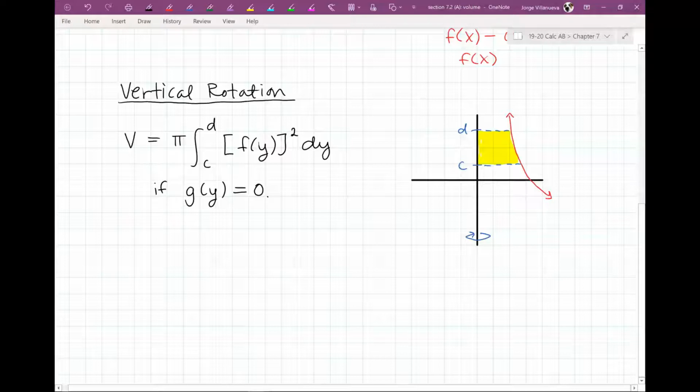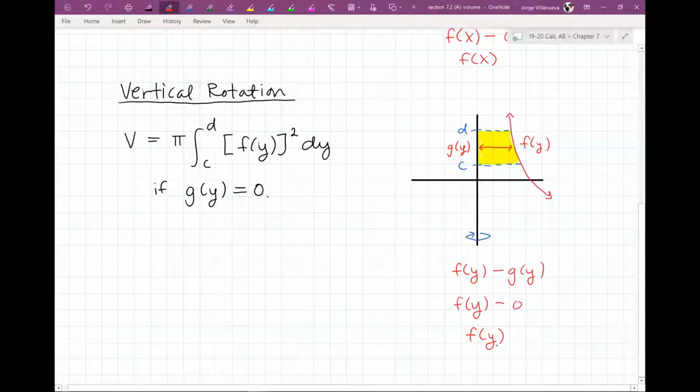So that's if g of y equals 0, then when you rotate it, the area is supposed to be, according to definition, we'll call this f of y and g of y. I'm just using these arrows to point out the two functions. So you're supposed to do right minus left, right? F of y minus g of y. But if g of y is 0, then that area is just f of y,